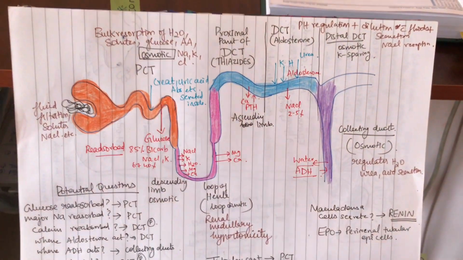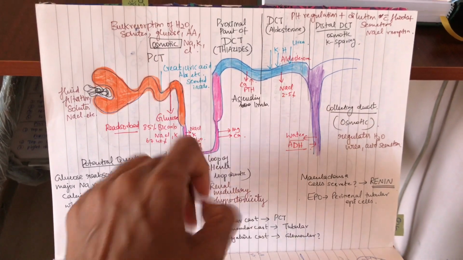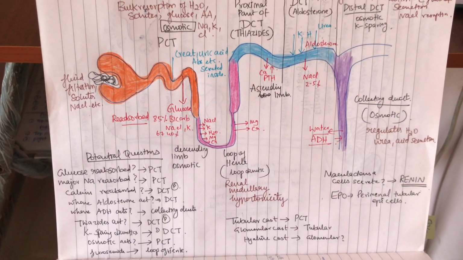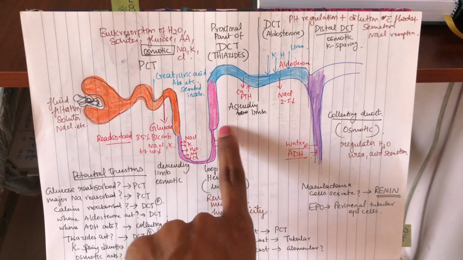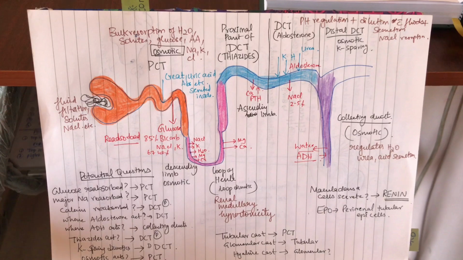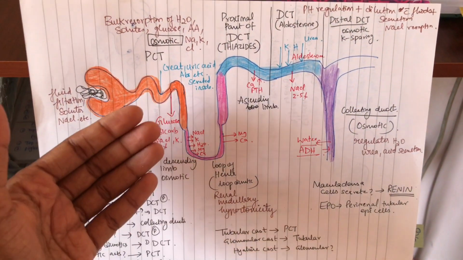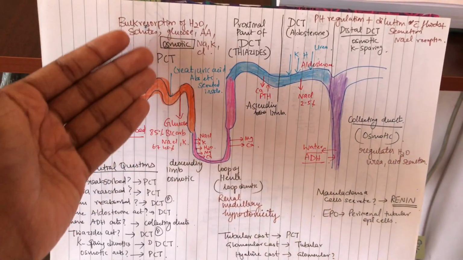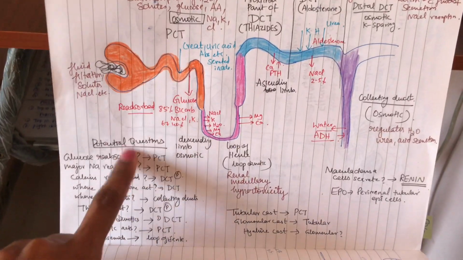In this page, I have drawn a nephron and important notes on renal physiology. So this page contains all the information that I need to remember. And I've also color coded the nephron based on the anatomy and functionality. And I have also mentioned what biochemical analytes will be absorbed and what substance will be excreted.